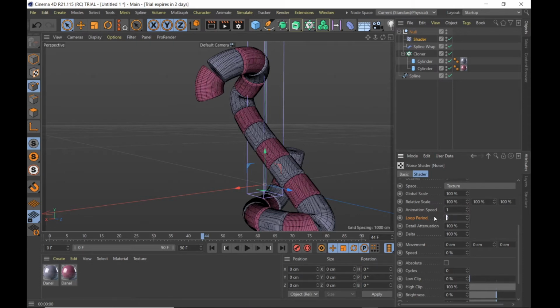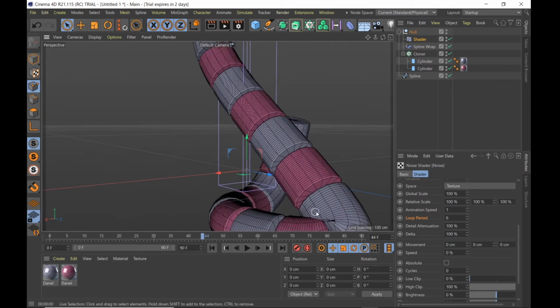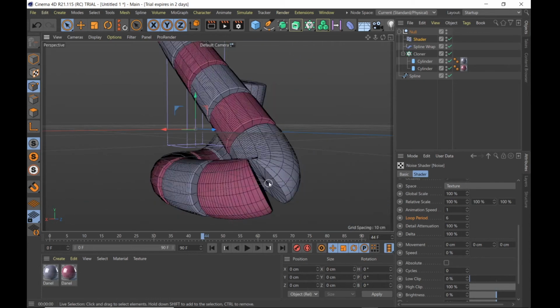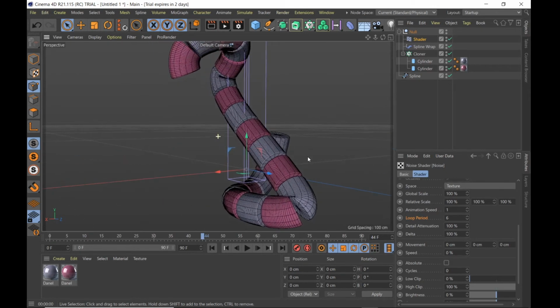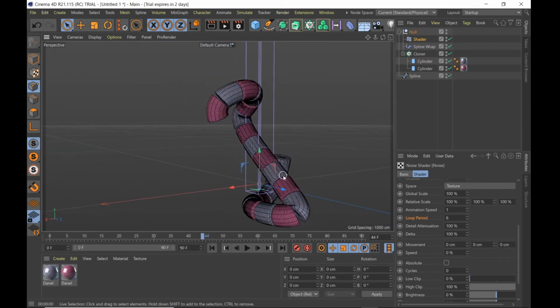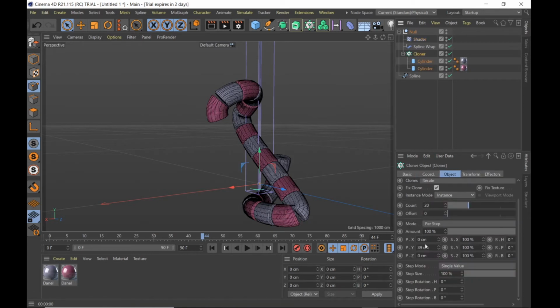Loop period, it's 6. Okay, and maybe between object and object there are a little bit of spaces, but we're gonna change that later, so it's okay. So cloner,